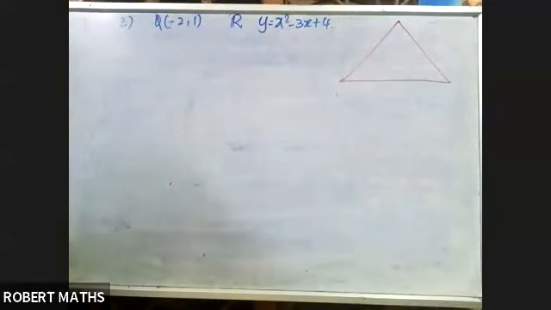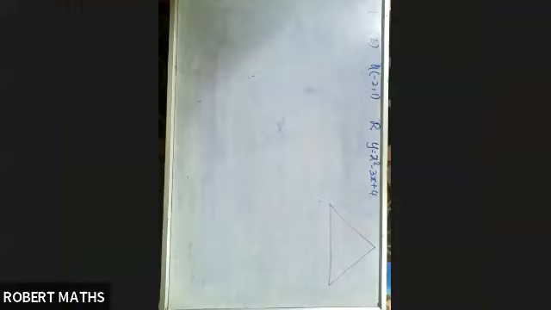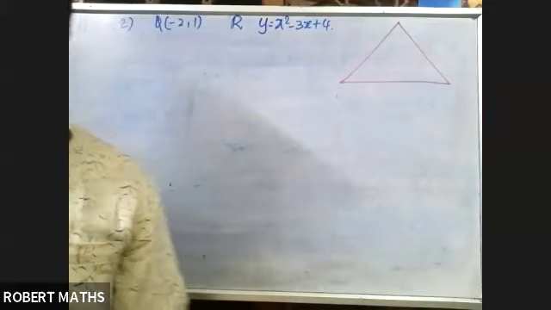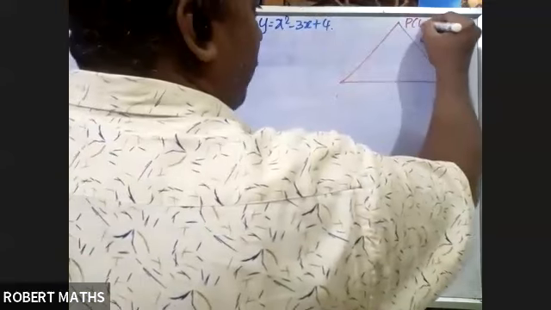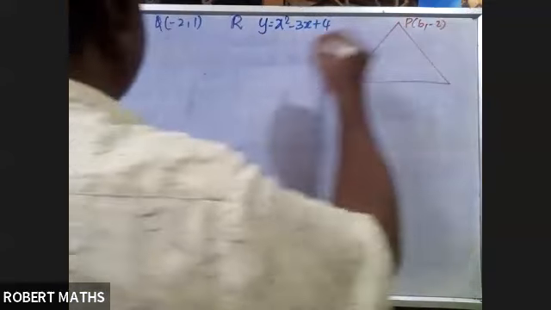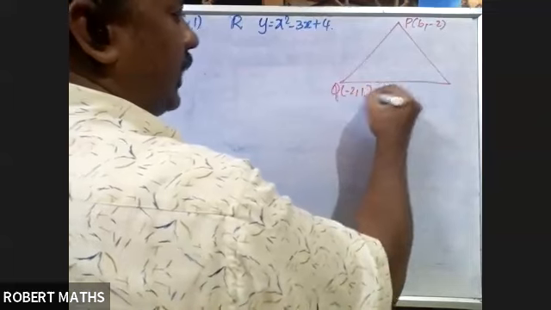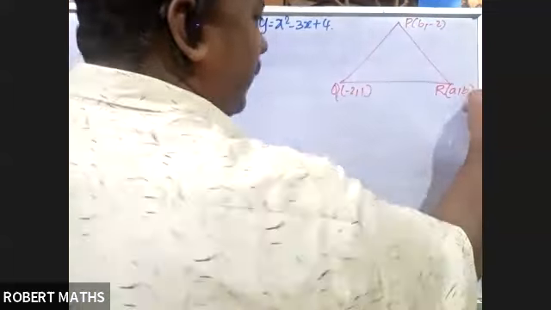சரியா? Again I repeat the question. The points P of 6, 2, Q of minus 2, 1, and R are the vertices of a triangle PQR. And R is the point on the locus of y equal to x square minus 3x plus 4. Then find the equation of the locus of the centroid of the triangle PQR. So please listen carefully. பாருங்க, P உடைய பாயிண்ட் 6, 2, Q உடைய பாயிண்ட் கொடுத்துறாங்க minus 2, 1. R எனக்கு தெரியாது. I am taking this as A, B.